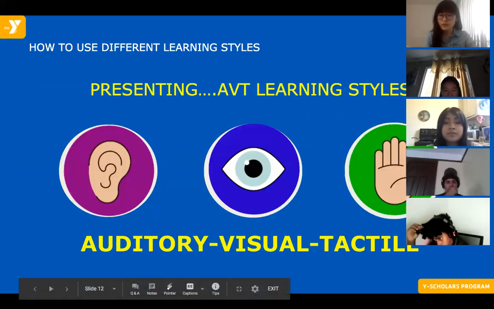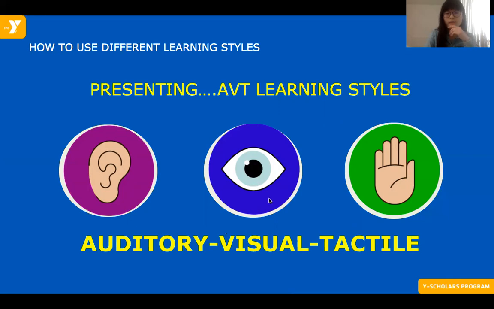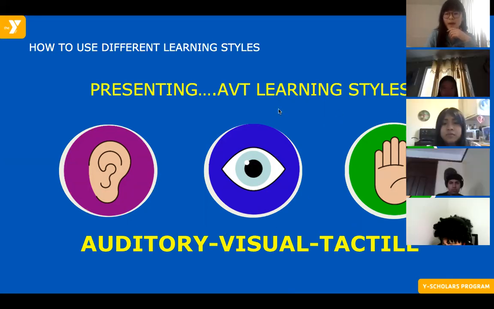All right, so let's get into what different learning styles there are. These are three that YSP wants to emphasize, or what YSP recommends, right? The ABT learning styles, which are auditory, visual, and tactile. And keep in mind that ABT learning styles are not necessarily separate. We highly recommend you combine them. Look for what works best for you in each one and combine them. So don't just stick to one learning style. They're all beneficial in different ways. Okay, so auditory, visual, and tactile.